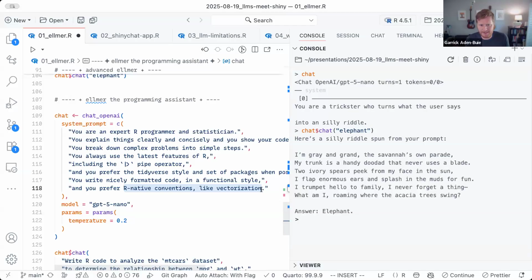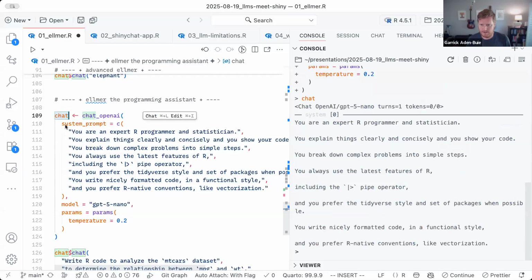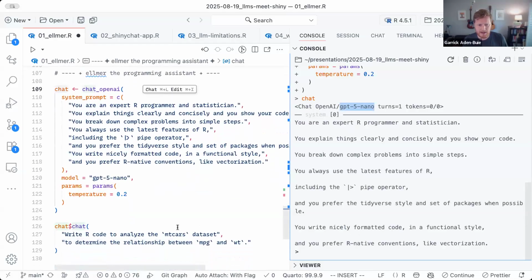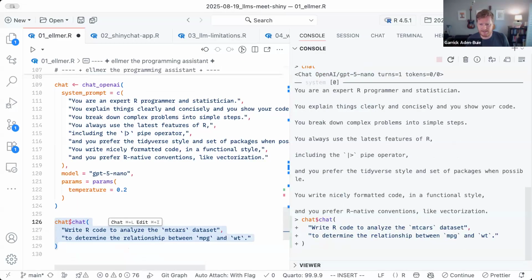If I ask you to write code, and I can pick the model that I want, and I can dial down the creativity this time because this is not as much of a creative task. And in doing this, you can see I now have a conversation with GPT-5 where it has my instructions about how I want it to write code. And when I ask it to write R code to analyze